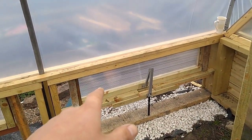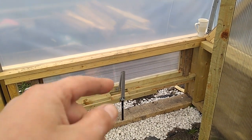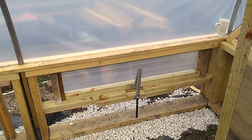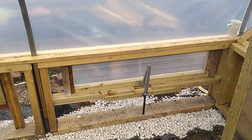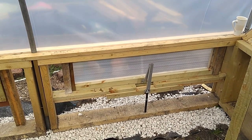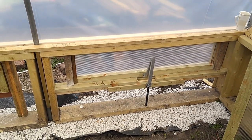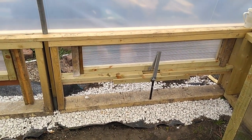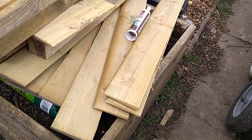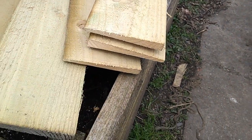And where I'm going to be putting the feather edge board on afterwards, I'll show you that bit afterwards, where the feather edges are going to go, because the 4 foot lengths of feather edge, which is difficult to keep saying when I've not got this bloody tooth in. 4 foot lengths, I sound like bloody Elmer Fudd. 4 foot lengths of the feather edge board, which is this stuff. Yeah, so it's fatter at one end than it is at the other, along the width there, it tapers, so we can get that